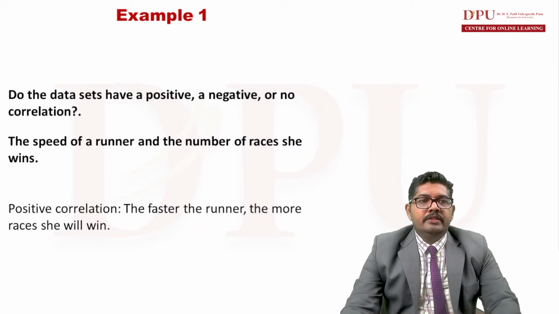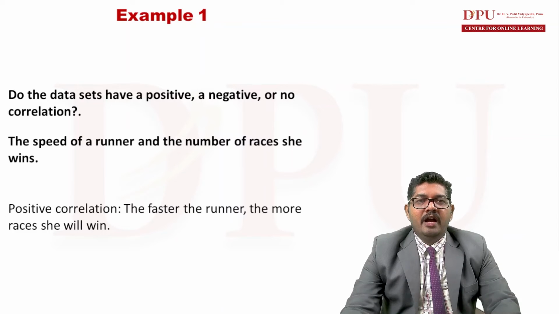Do the data sets have positive or negative or no correlation? Yes, the data can have positive, negative or no correlation. The speed of a runner and the number of races she wins. So what can we say from this? Positive correlation. The faster the runner, the more races she will win, right? So there is a positive correlation between the speed of the runner and the number of races she wins, because